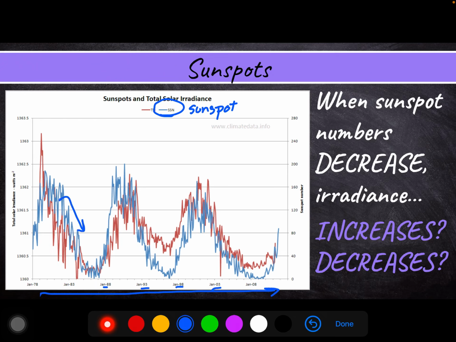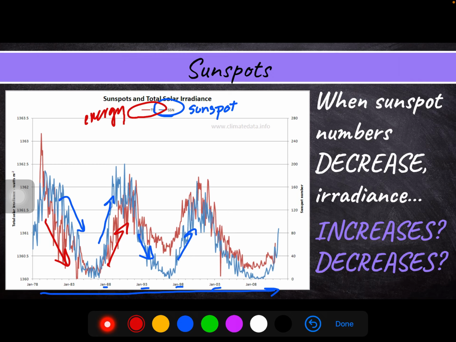So here we see a decrease in sunspots, an increase, a decrease. So that's the cycle that we were talking about. And then here, the red is our sun's energy or solar irradiance. And so what we're noticing here is anytime we have a dip in sunspots, we also have a dip in the sun's energy output. If we have an increase in sunspots, we have a rise in the sun's energy output,